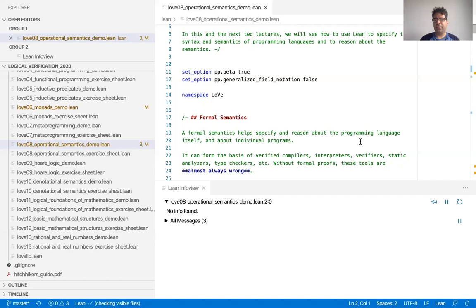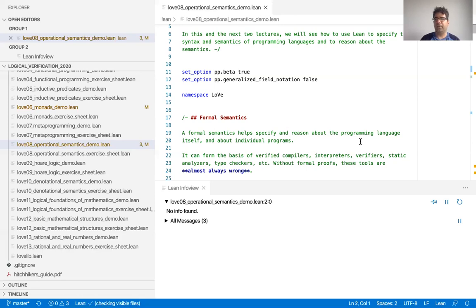And the advantage, once you have a formal semantics, is that you can use it in verified compilers, in verified interpreters, in verified verifiers, also static analyzers, type checkers, and so on. And without a formal semantics, these tools tend to be wrong. Especially compiler optimizations tend to be very wrong. So if you want your program to be compiled correctly, the safest thing to do is to disable all compiler optimizations. And in fact, this is what